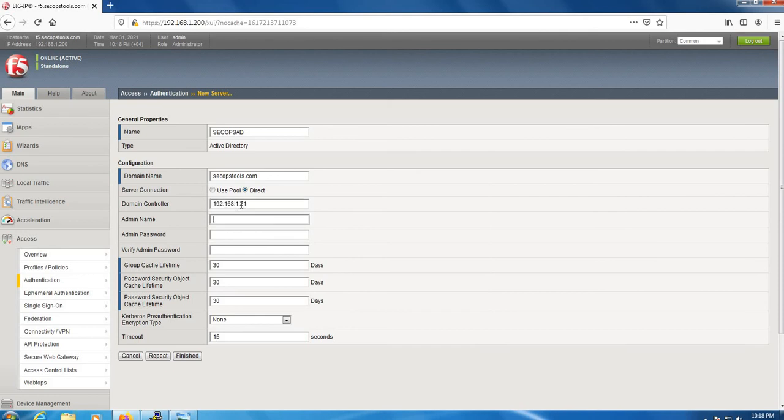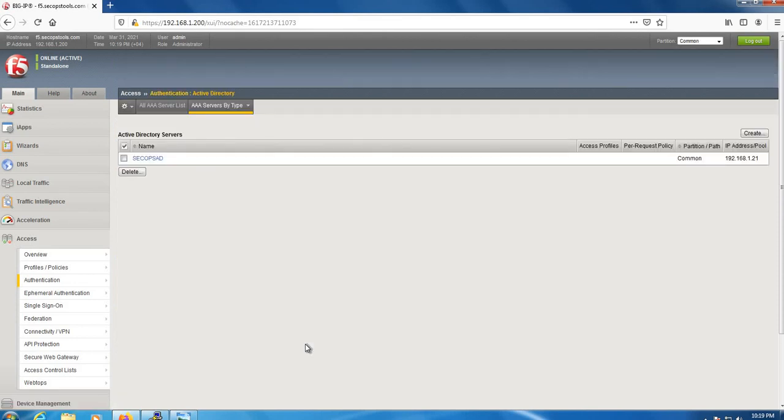I have already created a service account to integrate our F5 with AD, so let's use that. The remaining things are default, finish it.